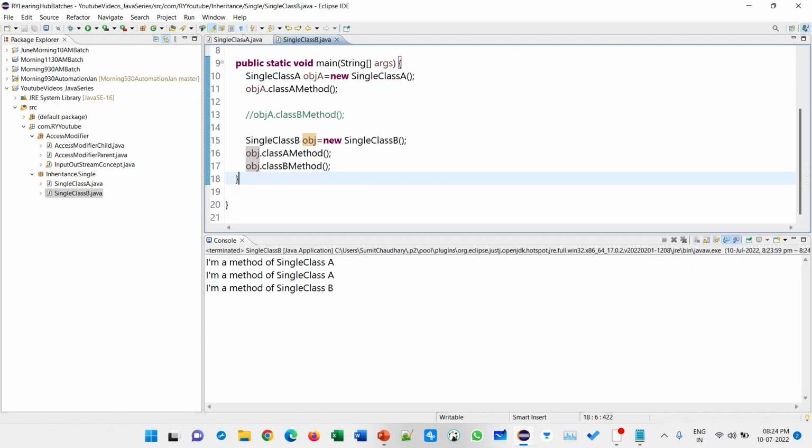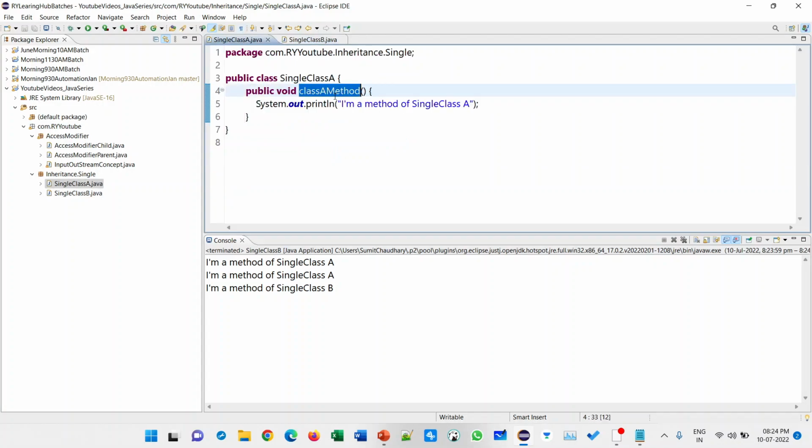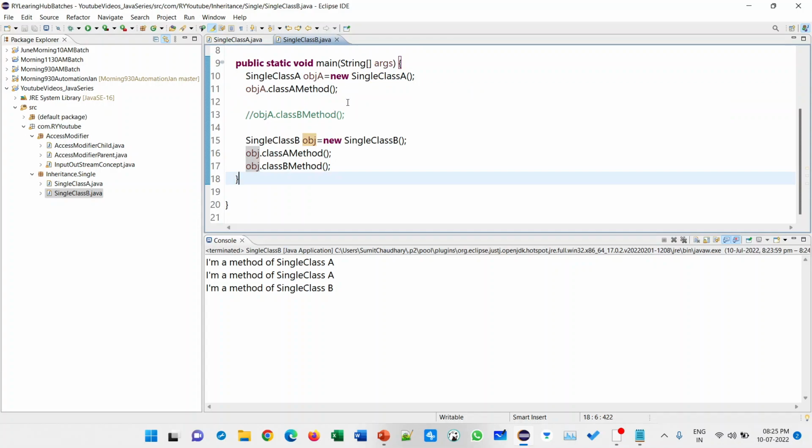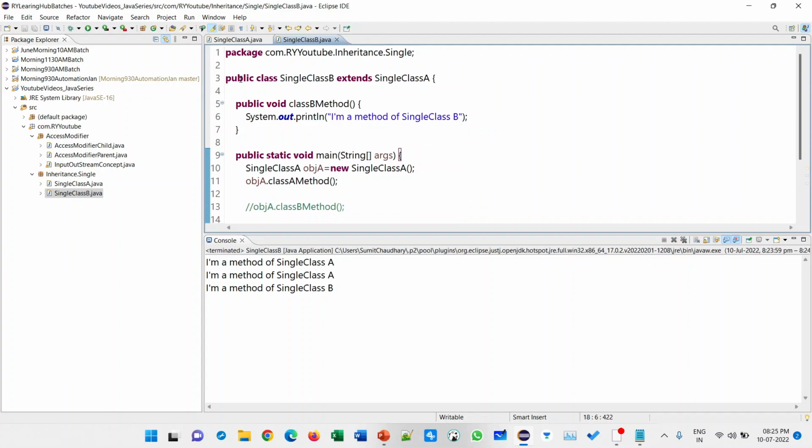Suppose I need to use it in another class, so I can inherit this parent class.